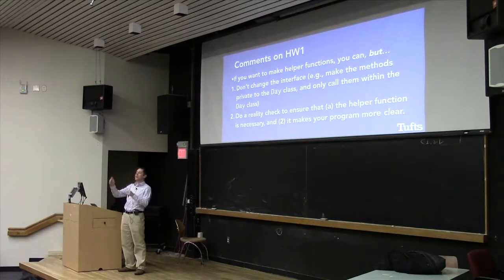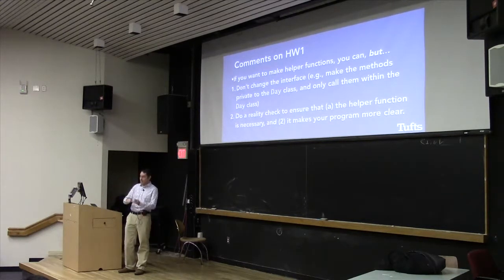Yes, we try to make short functions that do 1 or 2 things, tops. But you can overdo it for some of this stuff. If you want to have a helper function that actually goes and expands your dynamic array, that's fine. We've seen the examples of that before, and that's perfectly fine. You can do that. But don't change the interface. In other words, what the person using your class sees has got to be exactly what we've given you in terms of the public member functions, and there's really no public data in that sense. So keep that in mind.